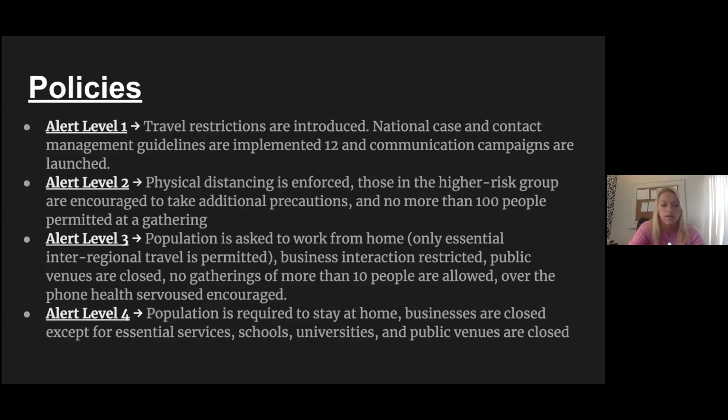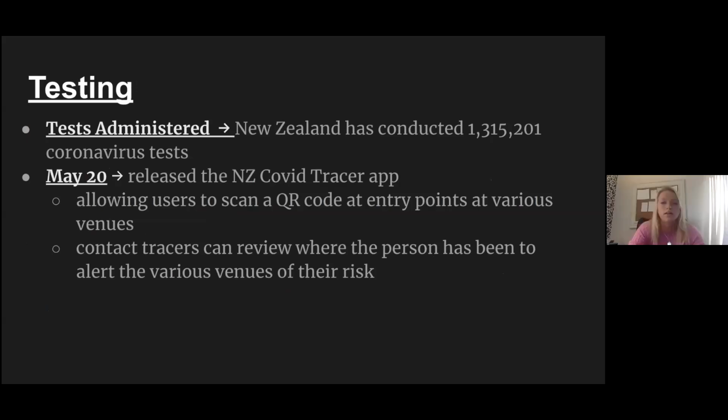Alert level 3 was restrict. This was high risk. The disease is not contained. This comprised more movement restrictions, including stay-at-home orders. They had enhancements of their contact tracing, testing, isolation, and quarantine. Alert level 4, this was when travel was severely limited, all gatherings were canceled, and all public venues closed. All of these things are cumulative, so they just build off of each other.